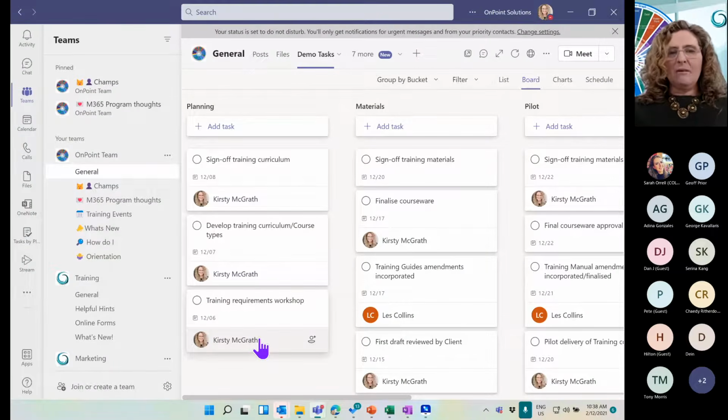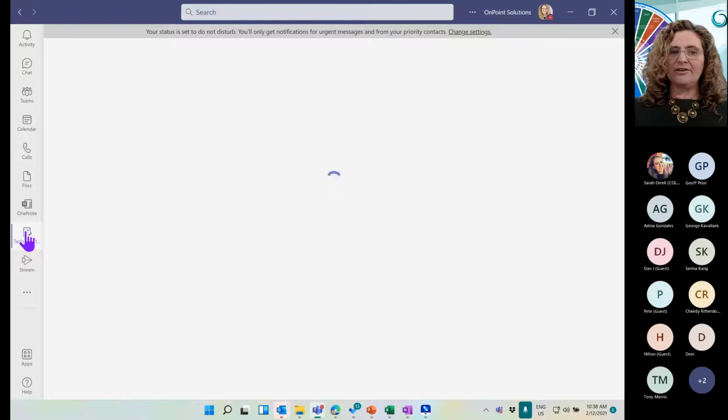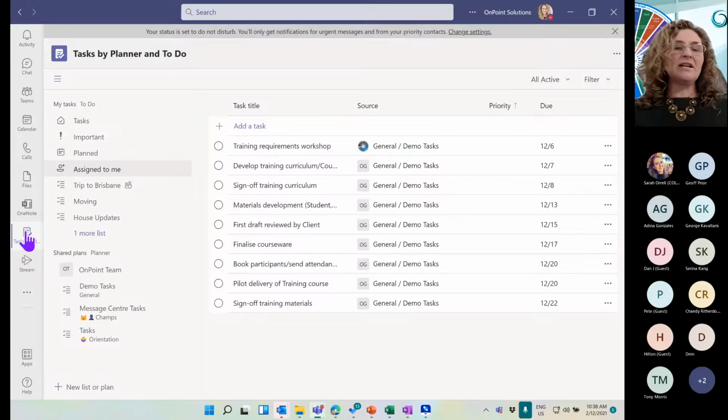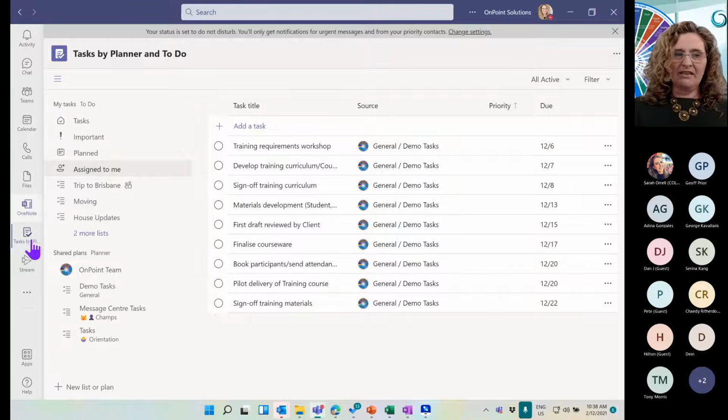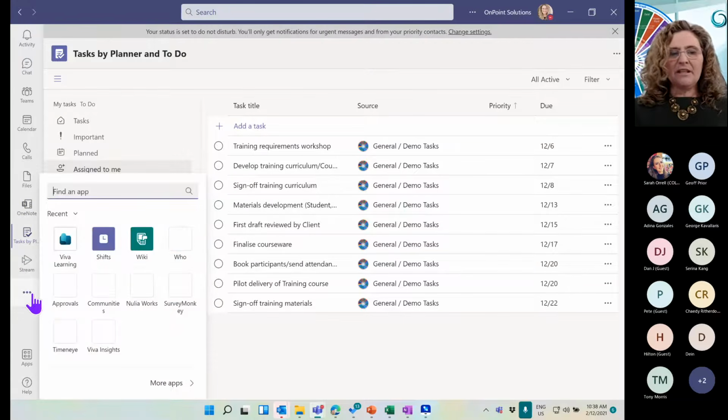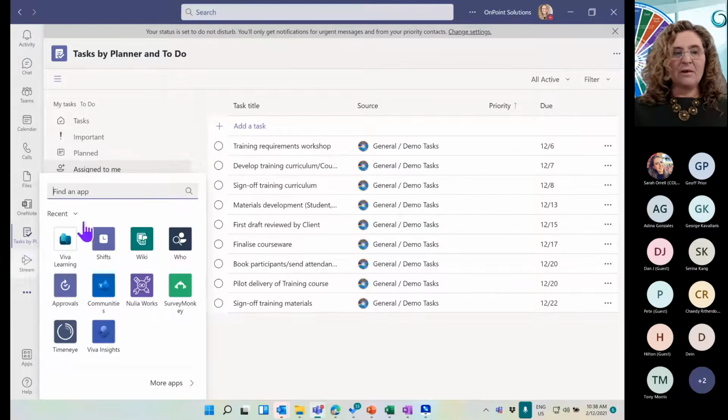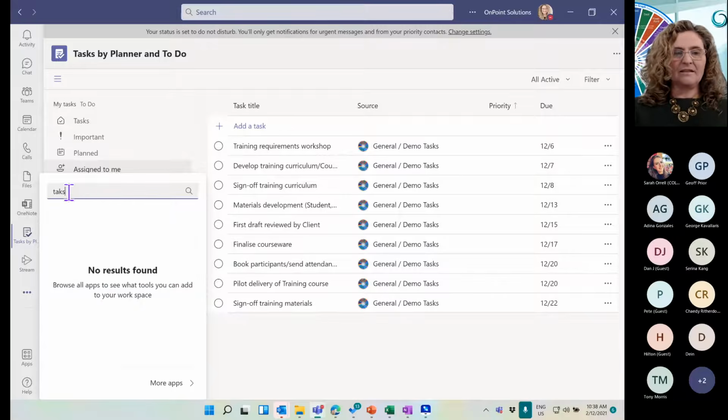So I am now up in Teams. This is the Planner app. I've dropped it in as part of a channel. I'm just going to come down first to Tasks by Planner and To Do. So I'm going to start on this one before I go to Planner. Inside Teams, how did I get this here? If you go to the ellipsis button, you can search for tasks in here.